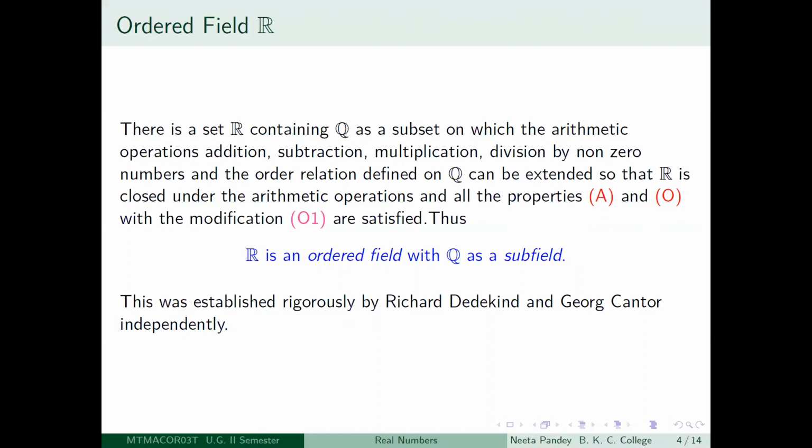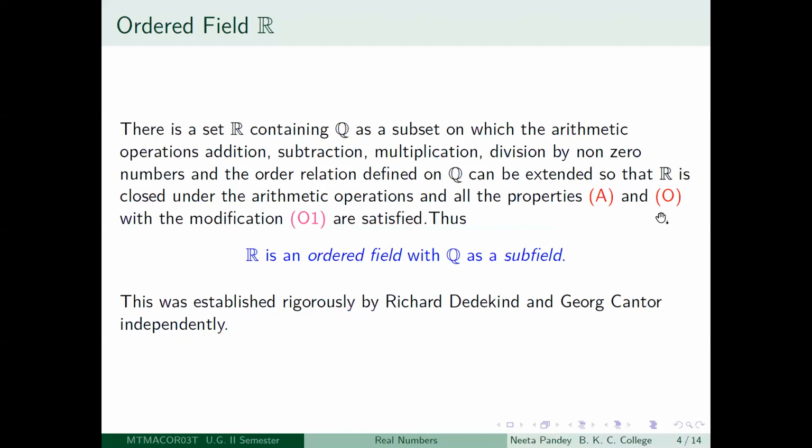So recall what those were: addition and multiplication were commutative, associative, and multiplication was distributive over addition. There is a special number 1, there is a special number 0, so that a plus 0 is equal to a for all numbers a, and a into 1 is equal to a for all numbers a, and